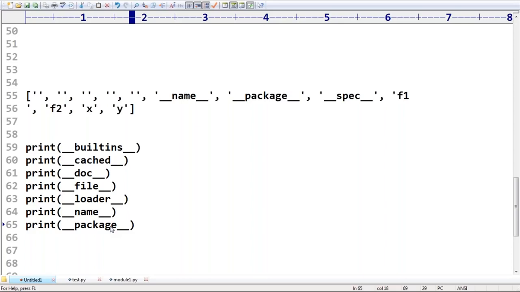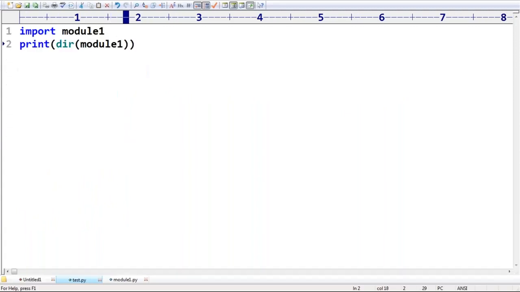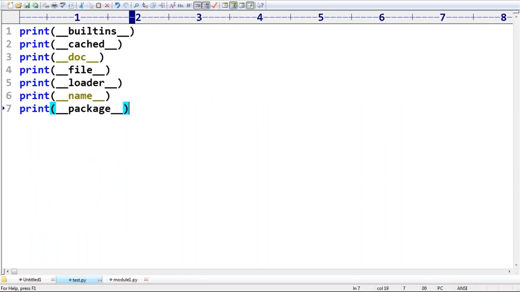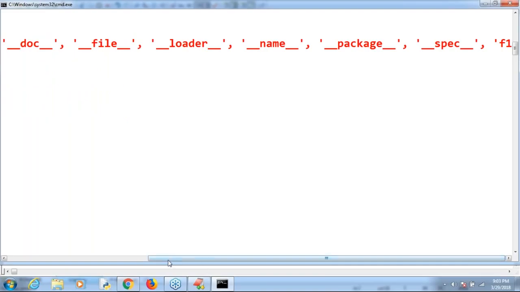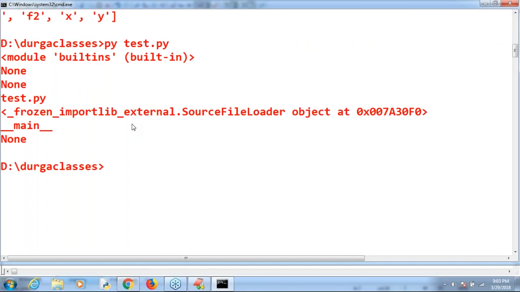What is the output we are going to get by default? Maybe we didn't discuss packages, so don't worry about that. If you want, you can access all these members, no problem at all. Slowly you are going to get the meaning of these members.